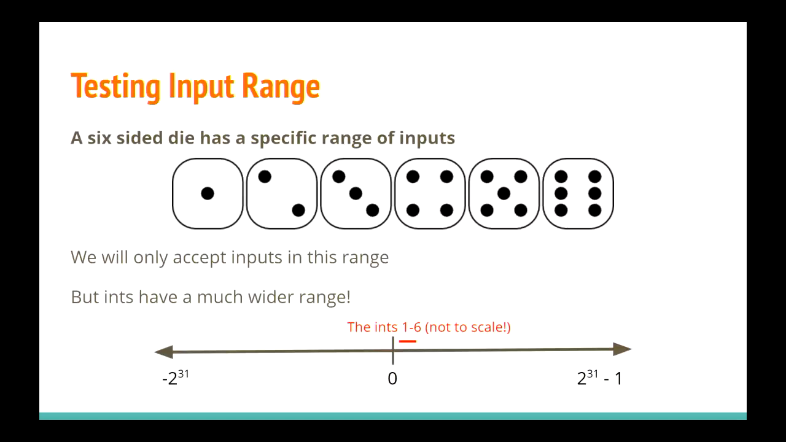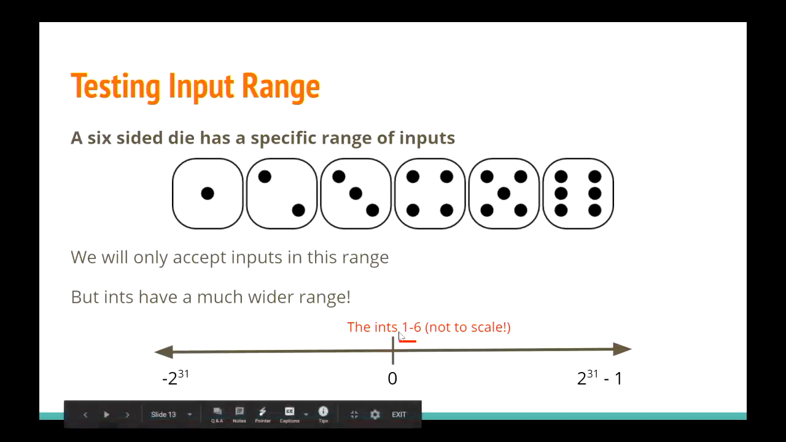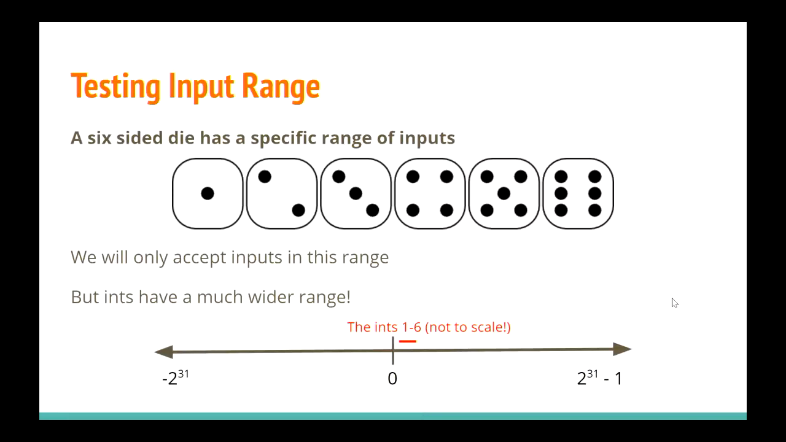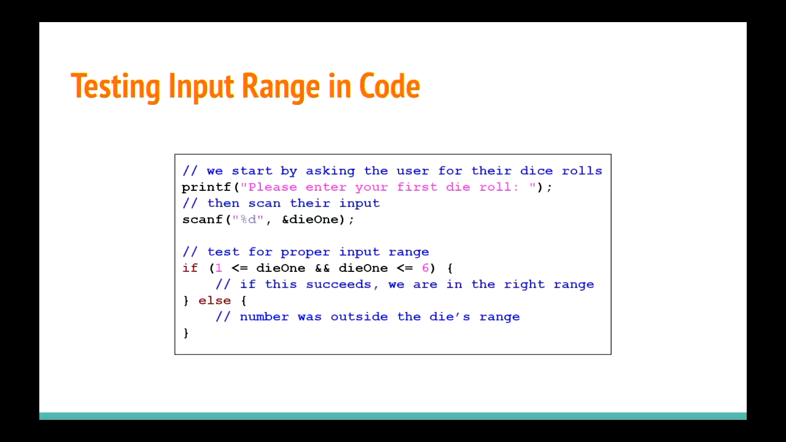So what we have is a situation where we would like our input to only turn out to be these values 1 to 6. But the possibility for what can be read in by scanf with an integer is much bigger than that. So we have some code here that is going to be able to test our input range. So we could say,